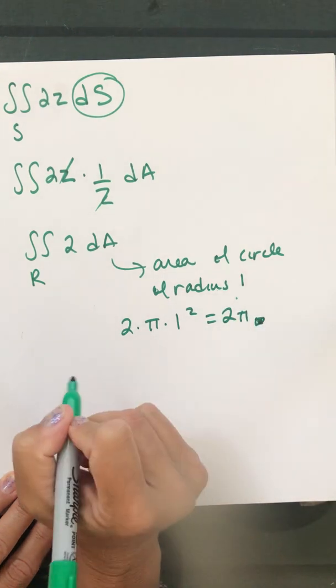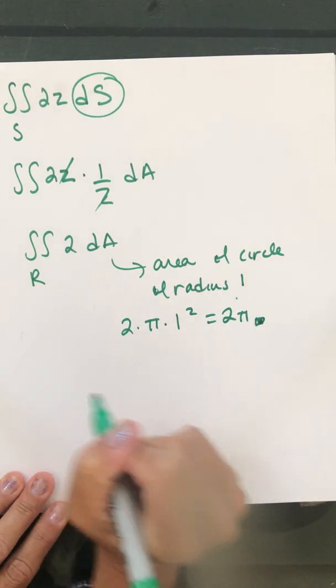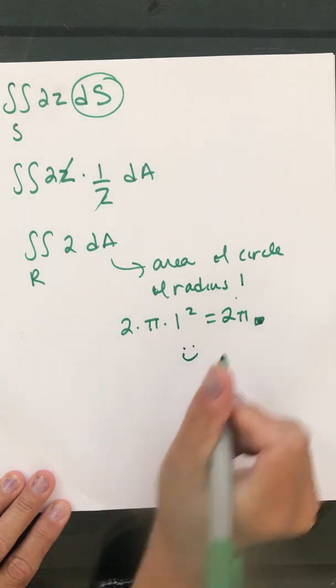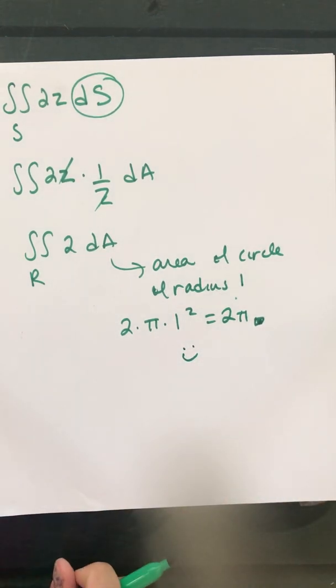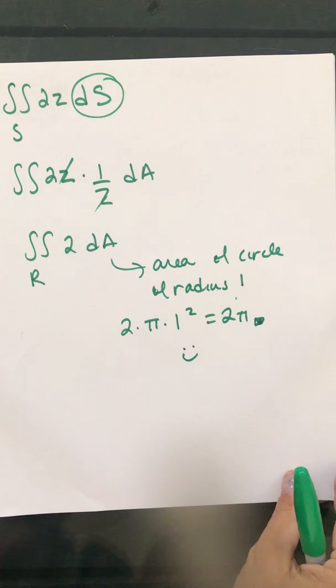I don't remember what we got before. Did we get 2 pi before? I'm just going to believe that we nailed this because a lot of algebra happened in the middle. All right, so two ways, one